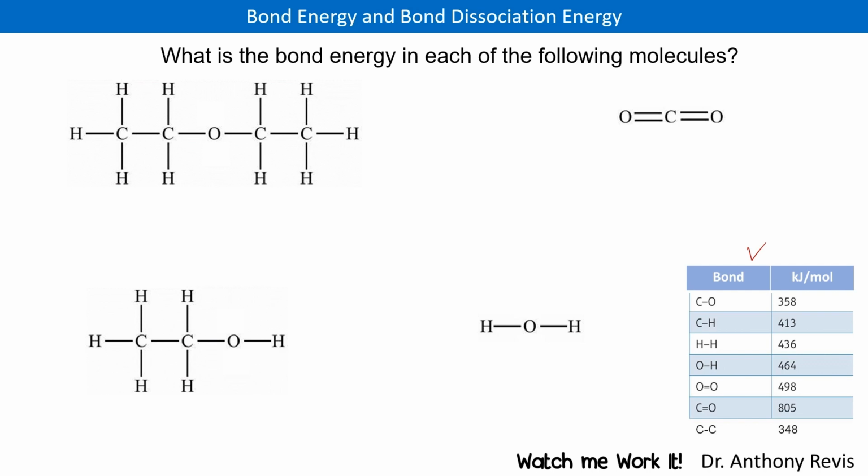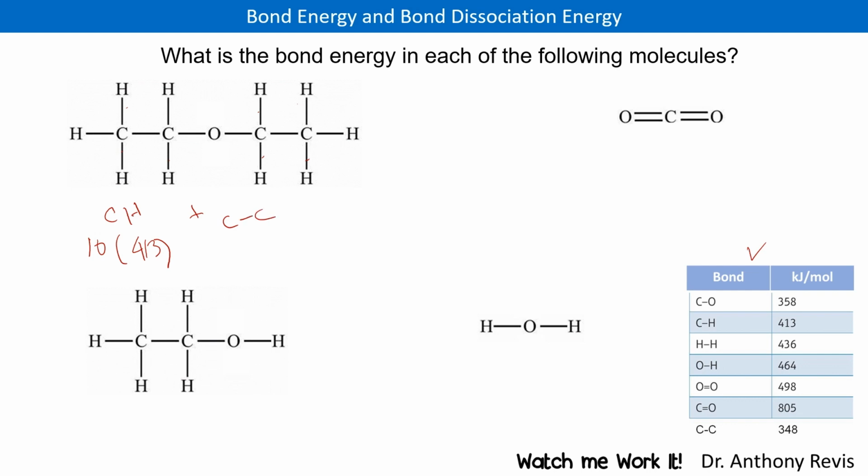We see we have 1, 2, 3, 4, 5, 6, 7, 8, 9, 10 CH bonds. So let's put the CH bonds. For CH bonds, we have 10 of these. And the energy in a CH bond, we look on the table, is 413. So we write that value in there. And next we have some carbon